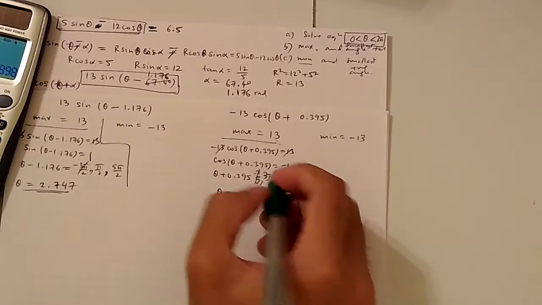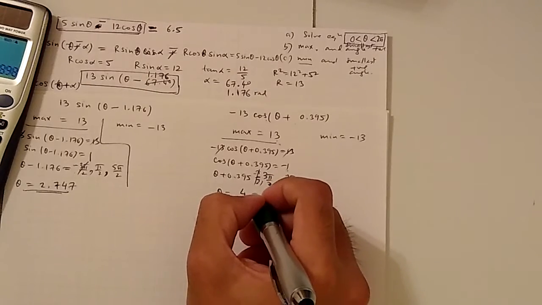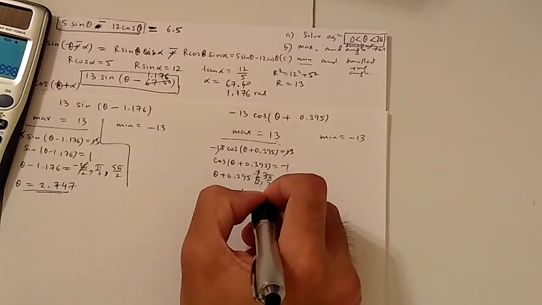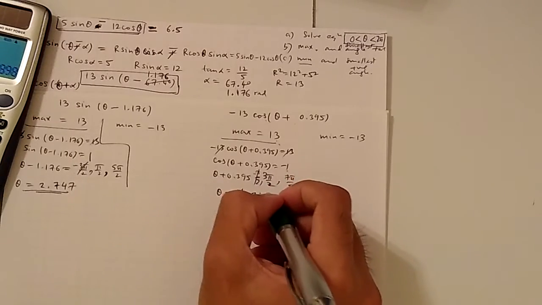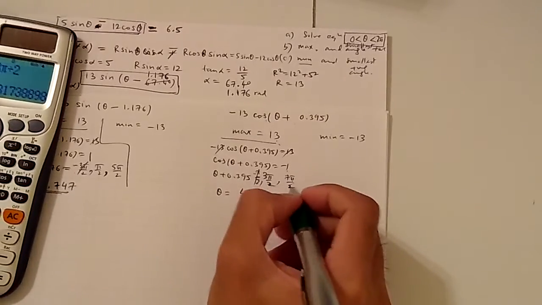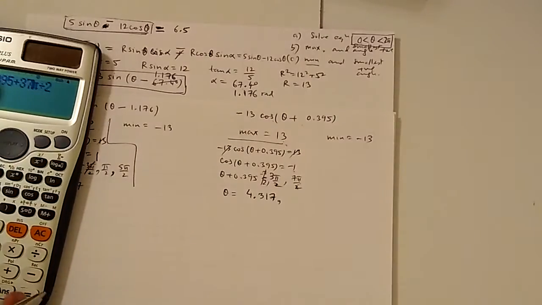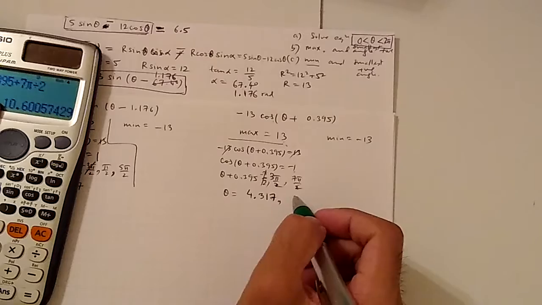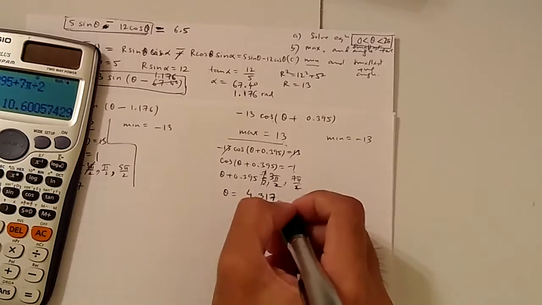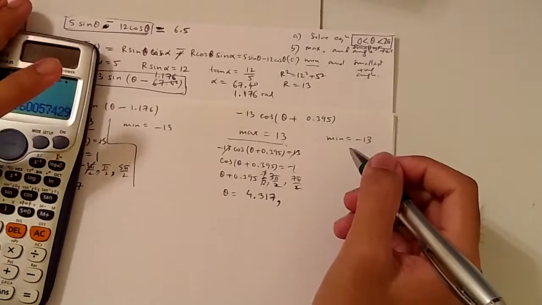And the answer says that it is 4.317, and 7 pi by 2 is, if you have 7 pi by 2, that is going to be definitely away. It is 10.6. Okay, now